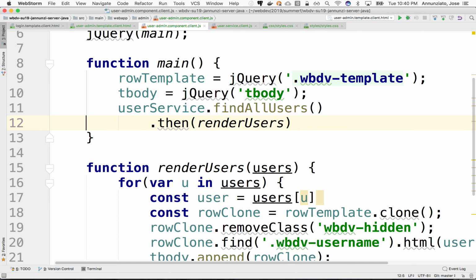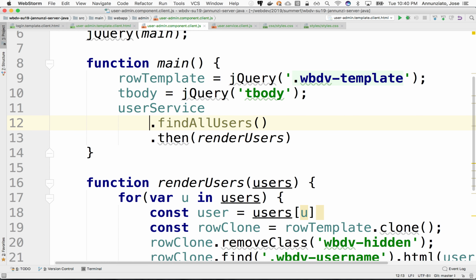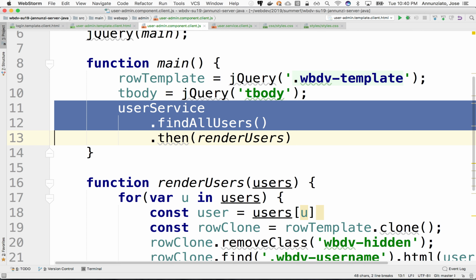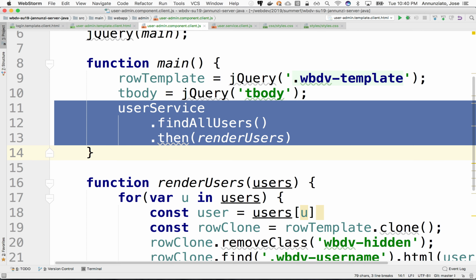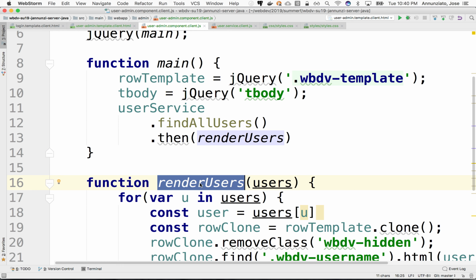This is exactly the same code that we had earlier, a little bit more terse. We can also break this up into two lines so that we understand that from the user service we're fetching the users, and then we are consuming the response and passing that response as a JSON object to render all users.